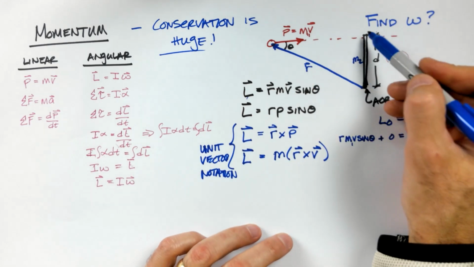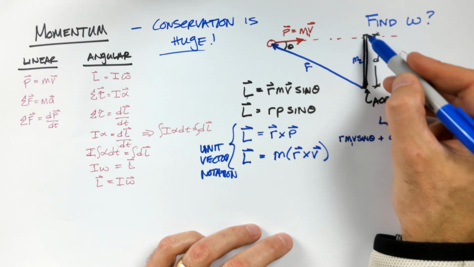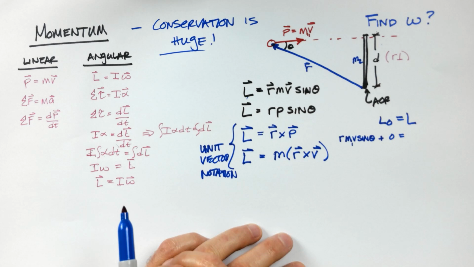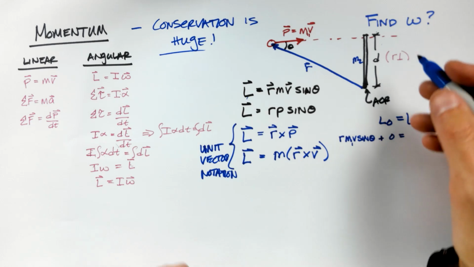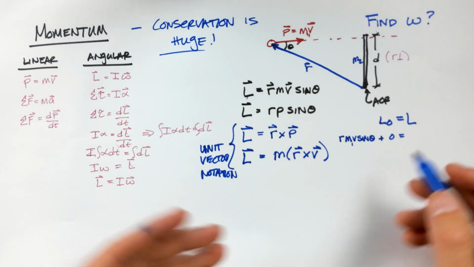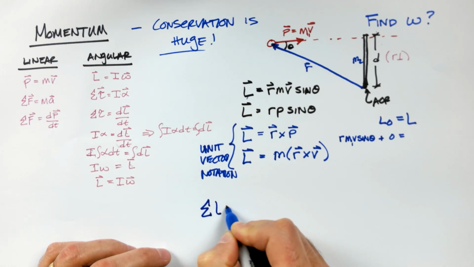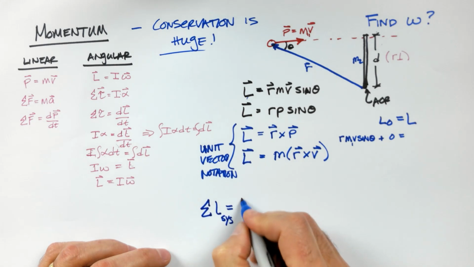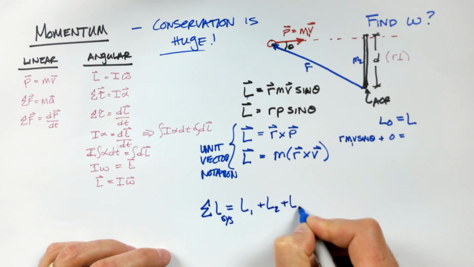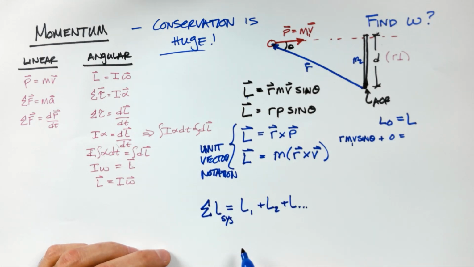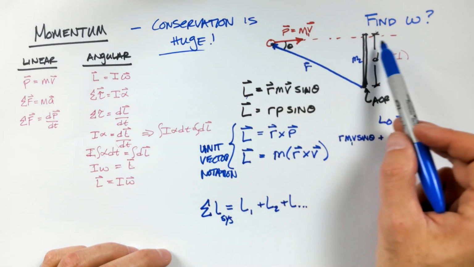Now the lump of clay is going to stick. So we have a completely inelastic collision, and it is going to stick right at the end of this thin rod with distance d. Well, what's the angular momentum of the system after? It's really the sum. So we can say the sum of an angular momentum of a system would be the angular momentum of 1 plus angular momentum 2 plus angular momentum, however many. So what I really have here is a point mass of lump of clay that's going to stick a distance